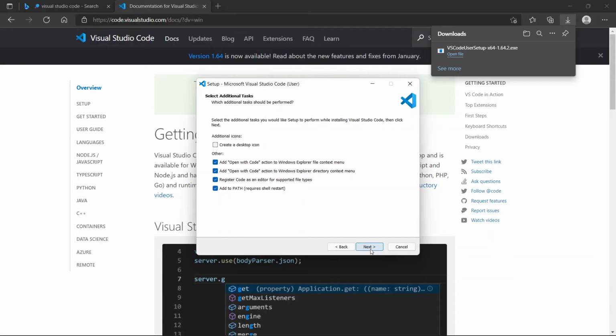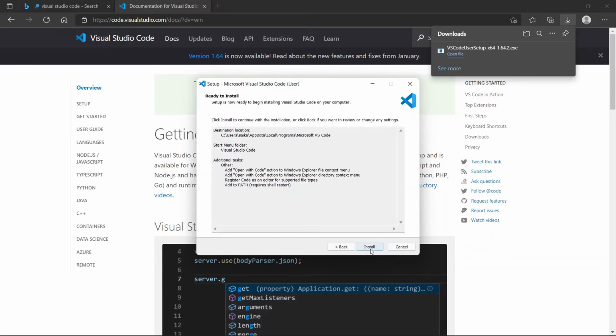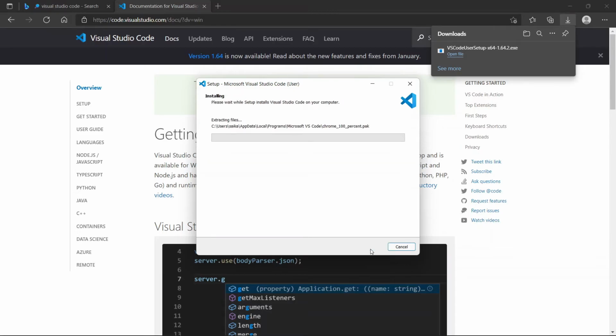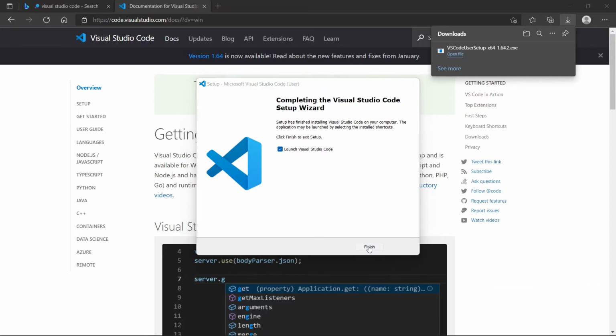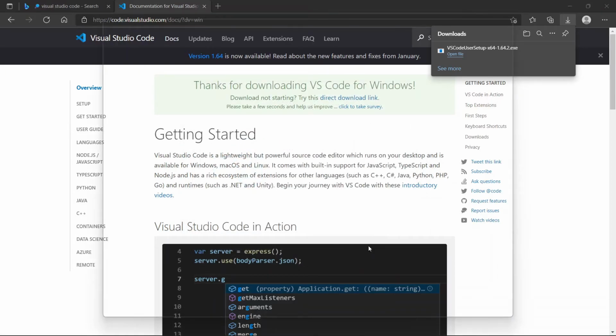However, you don't have to do it if you don't want it. Once I hit install, the code editor will get installed, and then we can open our dummy project inside this. Perfect. So now that this is installed,